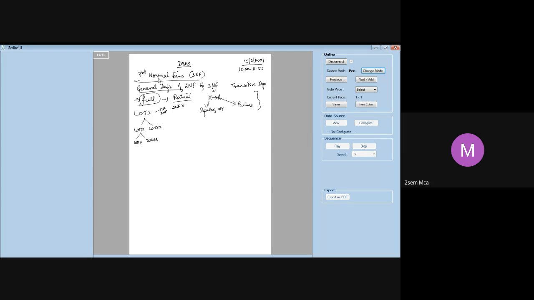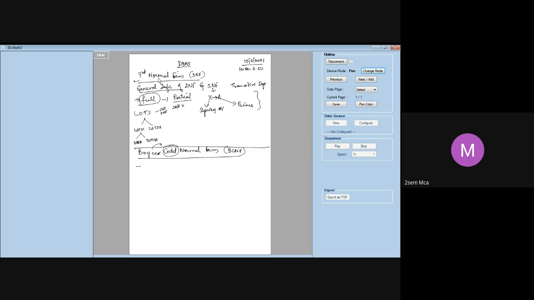All right. Next, we move on to an important concept called Boyce-Codd normal form. We also call it BCNF. Normally, all the normal forms were developed by Codd. After the third normal form was designed, Boyce joined along with him. Boyce and Codd are two different people, so we call this Boyce-Codd normal form.